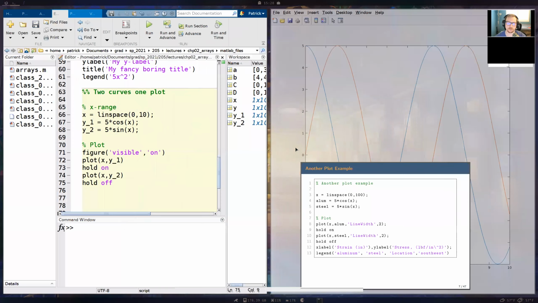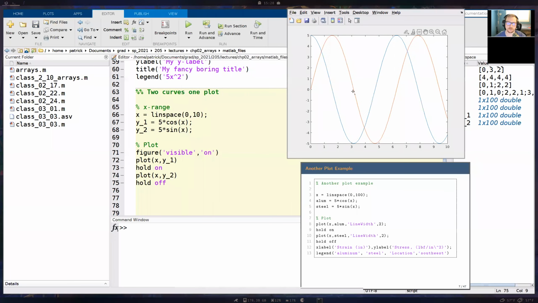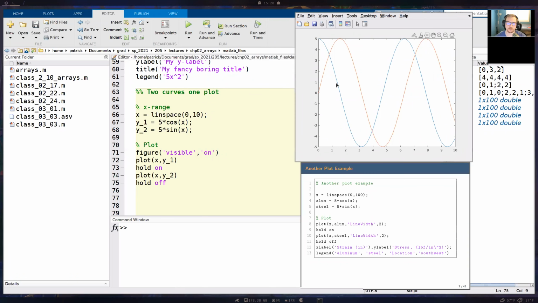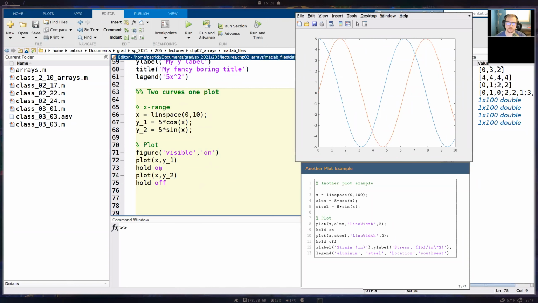Okay, so if I run this again, here we go. We have our plot with our two curves. And now let's add in some x labels and some y labels. Actually, before we do that, you see that our curves, at least to me, look really thin, and I kind of hate how it looks, so I often adjust the line width of the curves. You don't have to, it's just something that I always do because it bothers me.